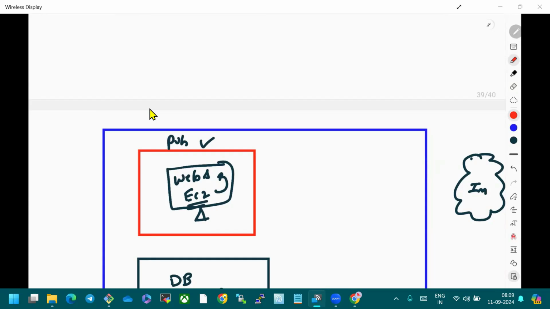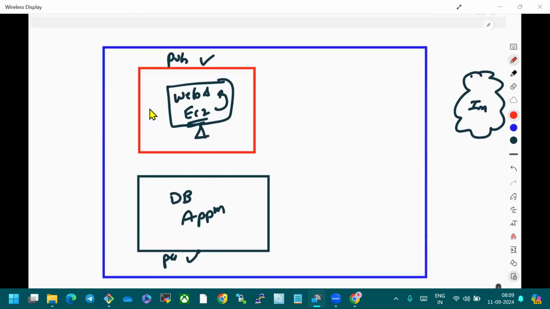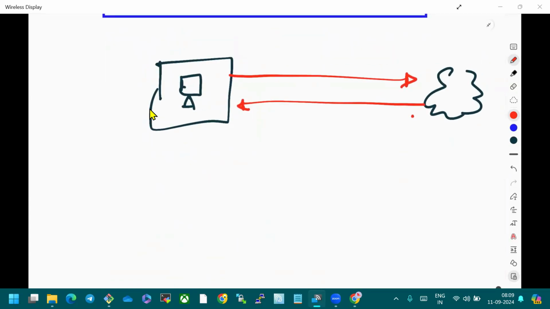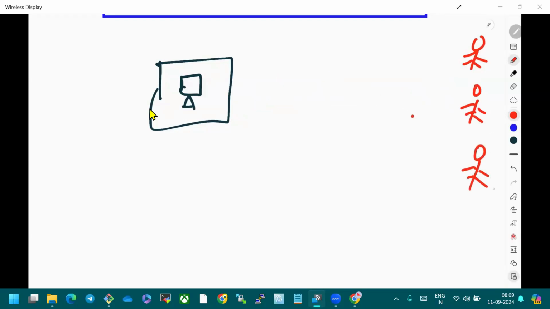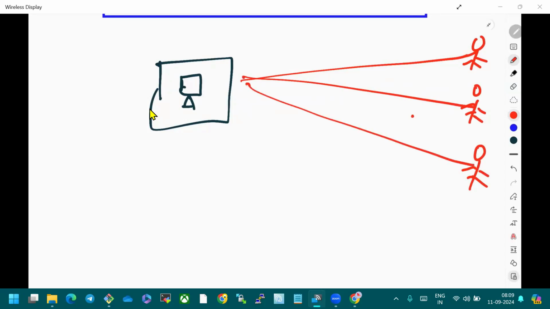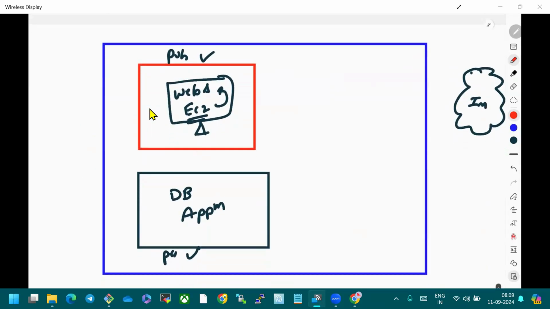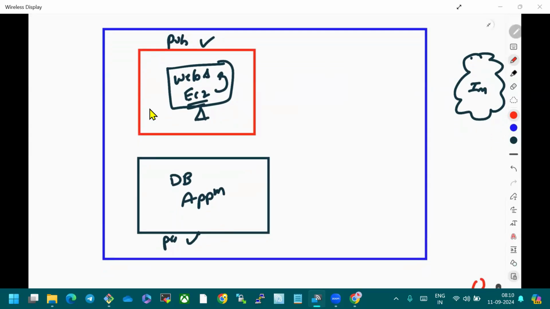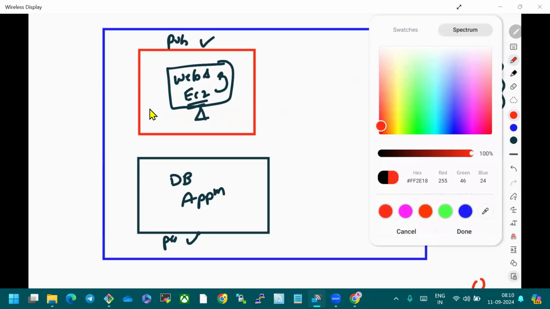So what you should do is establish a connection for the requests coming in from the different users through the internet to your application. You should show them a path: if you want to access my application, go to this location. This is where my application is hosted. Some connection you need to create, right? So for creating that connection, there is a resource called, just let me change my color here.